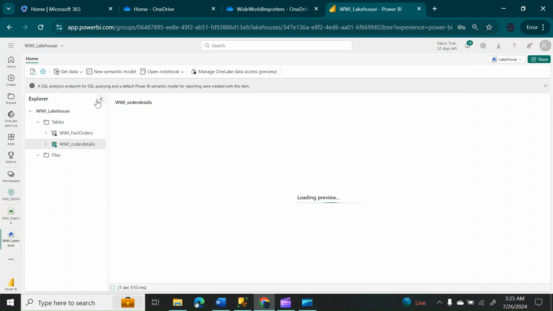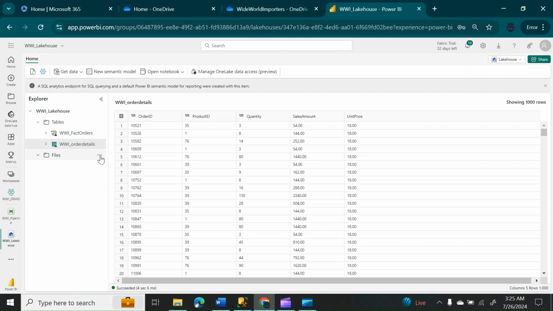The next way of ingesting data is through the file section. So let's look at the file section first. So we are going to upload manually, like